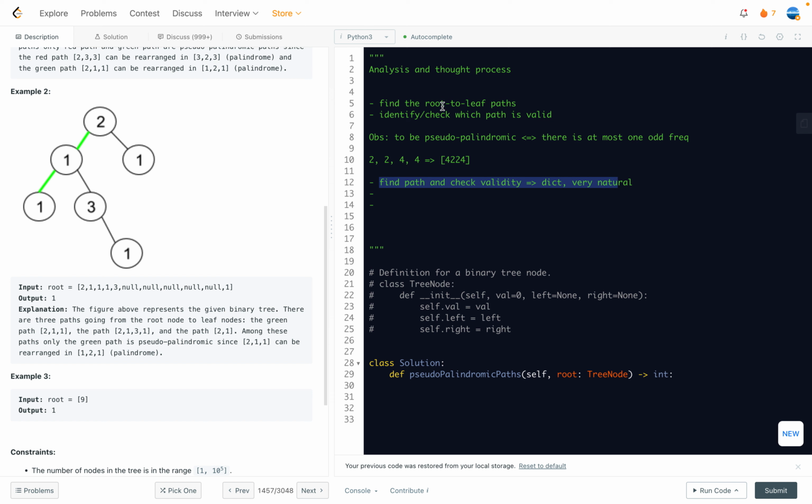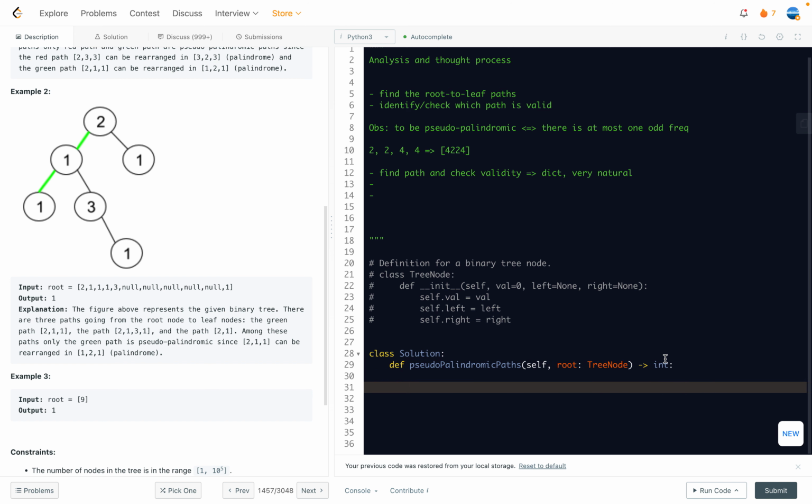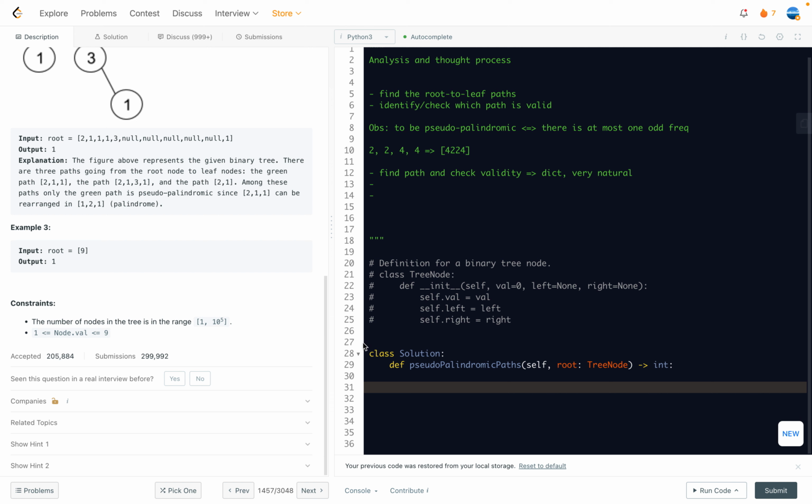So we want to find the root to leaf path. We need to use traversal. There are many traversals. You can freely use either iterative format or recursion, or pre-order, post-order, in-order, anyway. But here we want to find the root to leaf node, so I'm going to use a depth first based traversal. Notice that we have at least one node, right? So we can always initialize a stack. Let's say we have our root, and then I'm going to